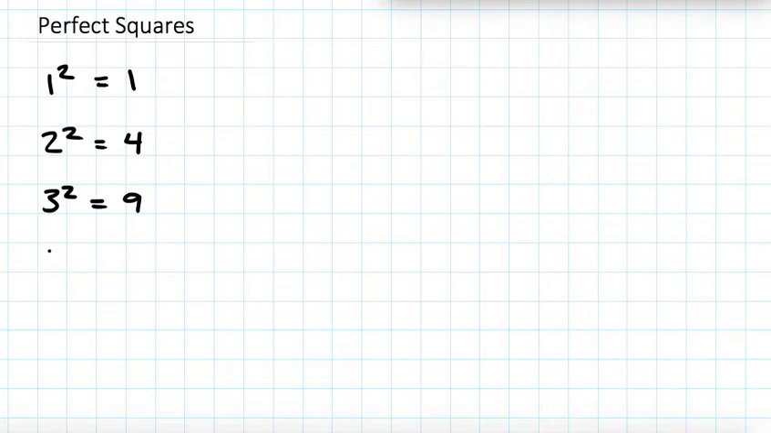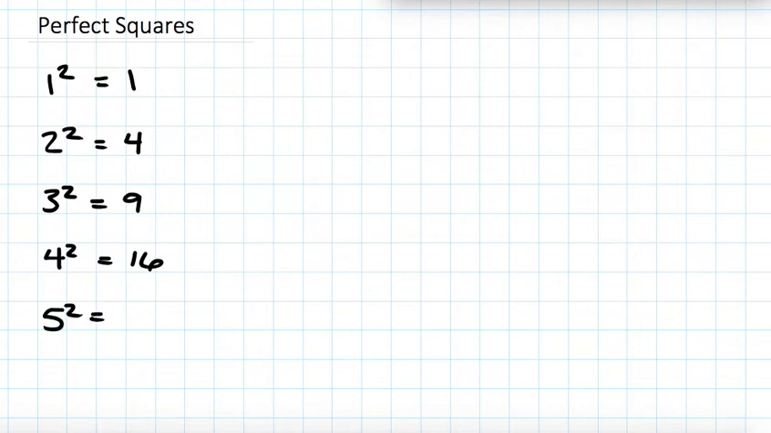Either write them in your notes, or what I would recommend is writing them on a separate piece of paper, maybe like just a little index card, so that you can have them to visually look at when you're doing these problems, because that really helps. So I'm going to write these down here. 1 squared is 1, 2 squared is 4, 3 squared is 9, 4 squared is 16,